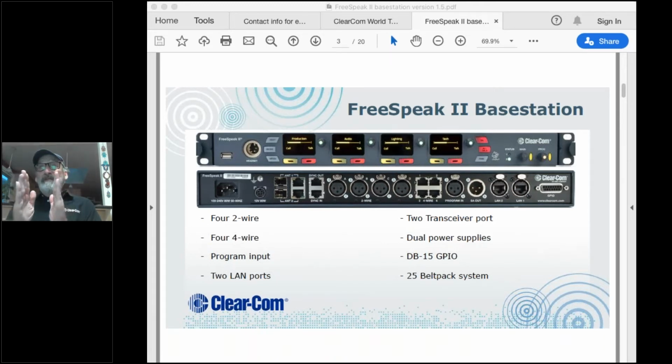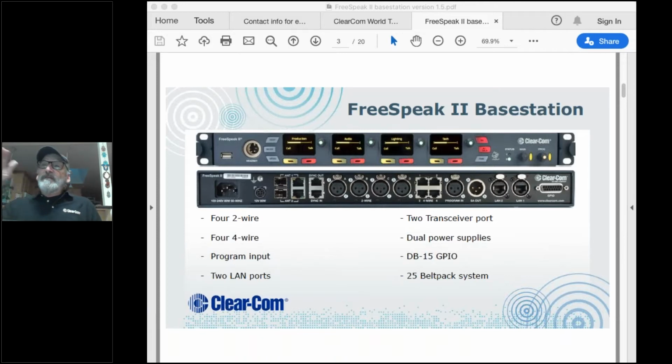That's our little 10 megahertz swath that we're allocated to use. In the UK, for example, I think, if I'm not mistaken, it's 1880 to 2.0. Right. So that's twice the bandwidth, which is why on our larger matrix systems, you can have twice as many belt packs in